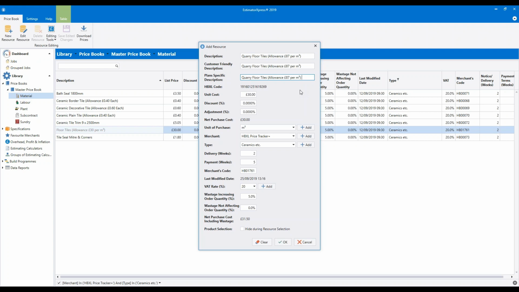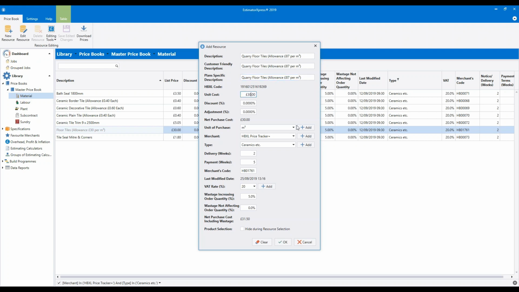The thing to take care of is that there are no typos in here, because the description, or the customer friendly description in particular, will appear on your customer quote, so you don't want any mistakes in there. And also be mindful of the language that you use. So if you were putting a budget product in there, you wouldn't want to put cheap floor tiles in there or anything that would come across badly. So just be mindful that these descriptions may appear in the quote depending on your settings.